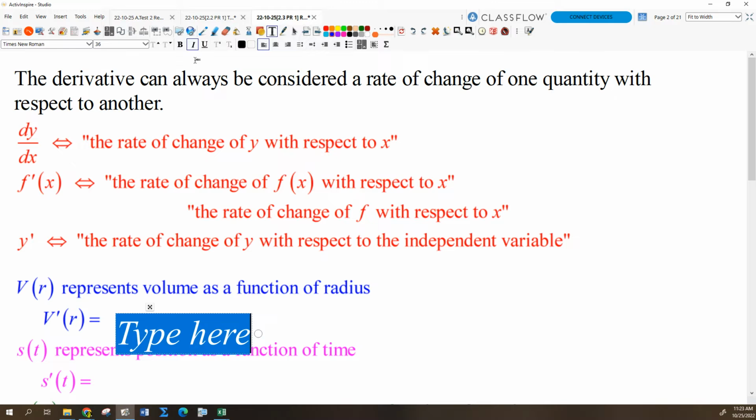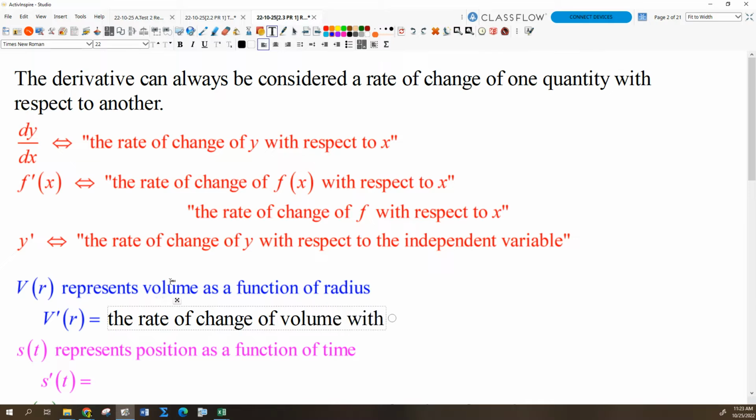What is that as a rate? Rate of change of with respect to